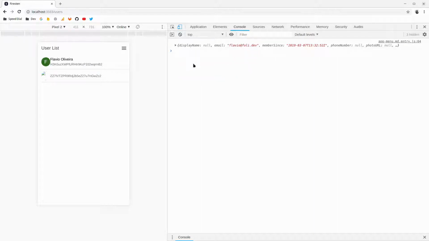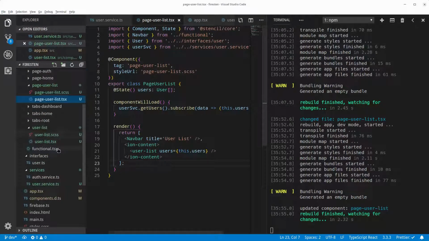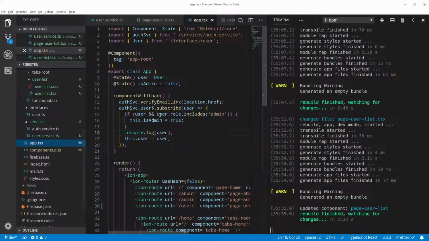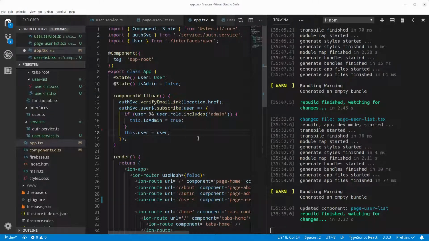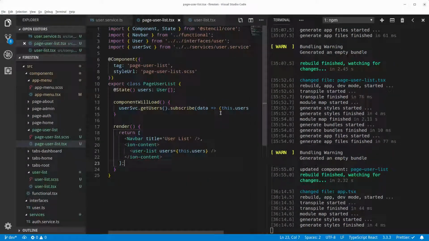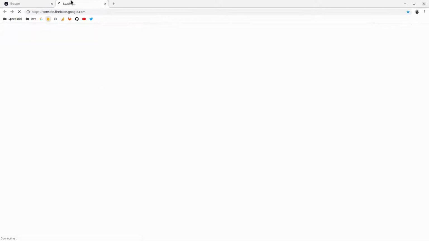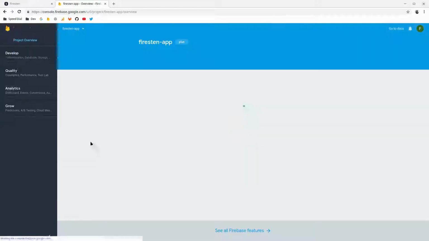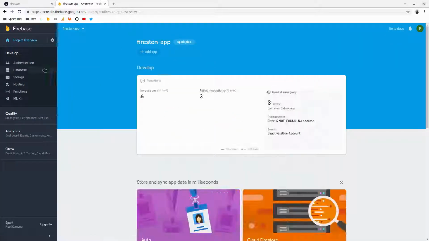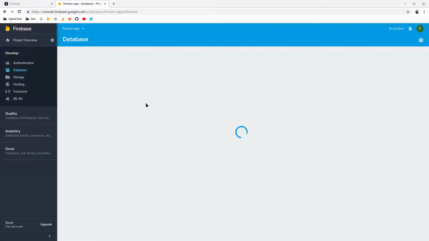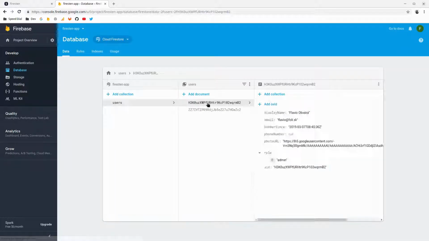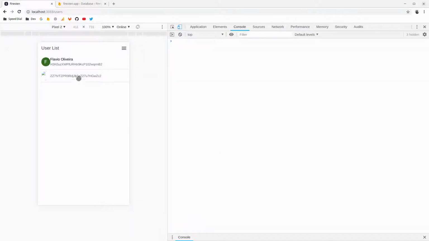This console log here is from the app, so I'm just going to remove it. Here on the app, we are getting the current user, so I'm just going to delete that so it doesn't interfere with our data. So here we have our two users. If you go to the console and here on the database, we have two entries in there,